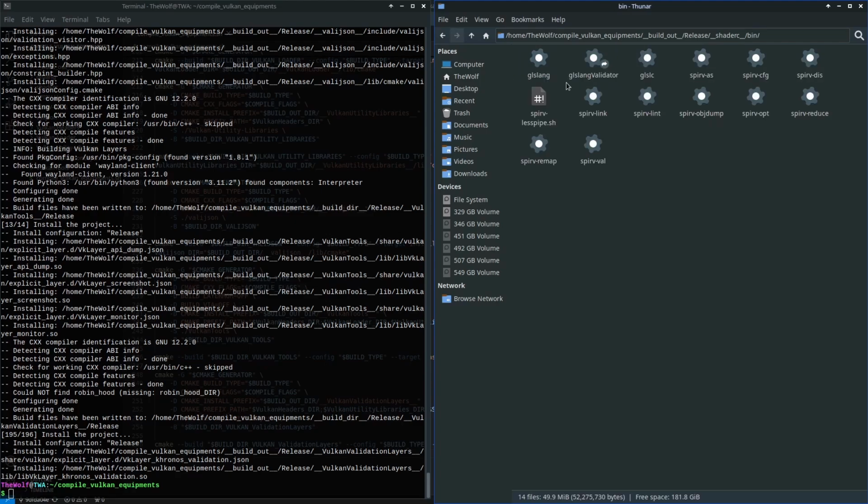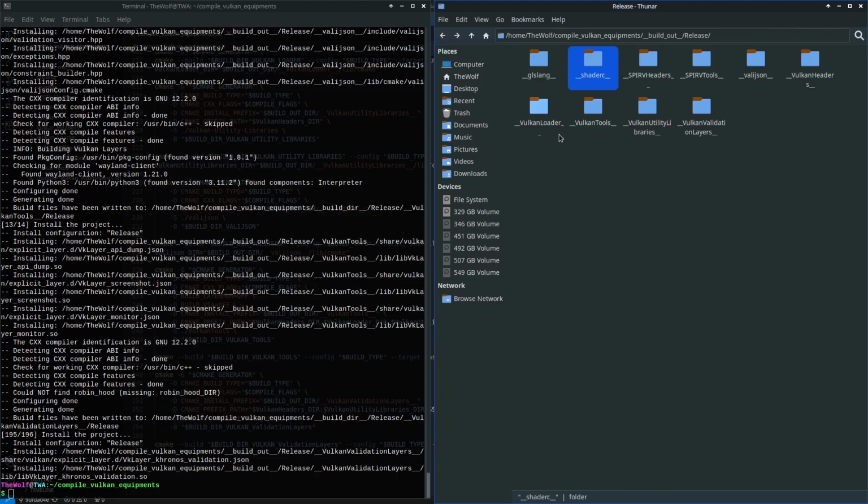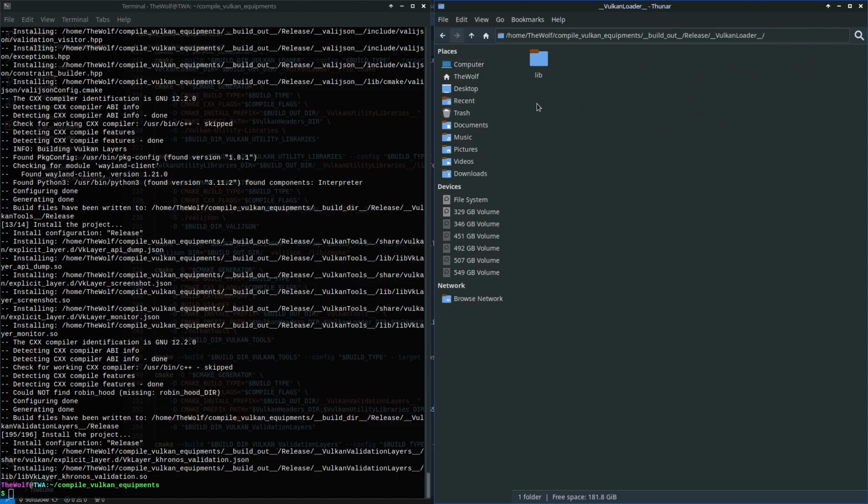I'll use it to compile our shader codes. Vulkan Loader. This manages your GPU vendor's Vulkan implementation. Make sure your GPU drivers are correctly installed.